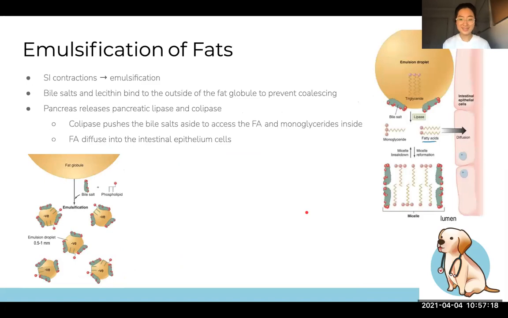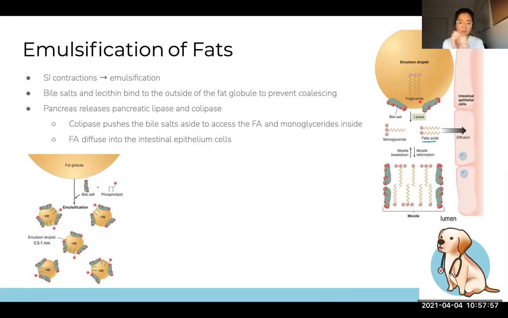In terms of emulsification of fats, the main things that do this are your bile salts and lecithin. Bile salts, these weird looking blobs here, basically bind to the outside of your fat globules and prevent small fat droplets from coalescing and coming back together to form a bigger one. Your stomach breaks up all of your food, and then once it enters the duodenum, it's broken up into little pieces. Your bile salts and your lecithin will attach to the outside,